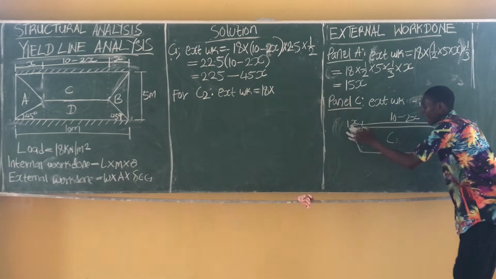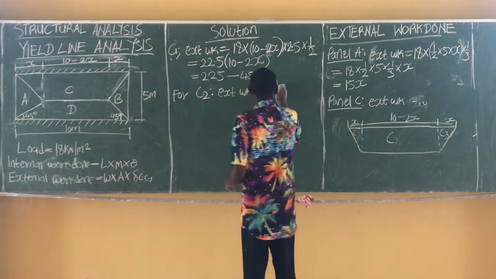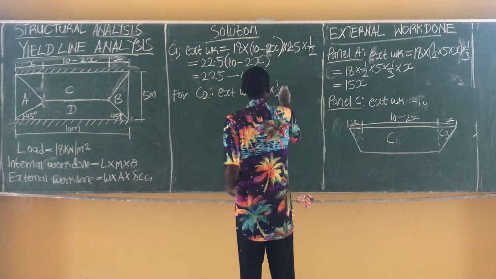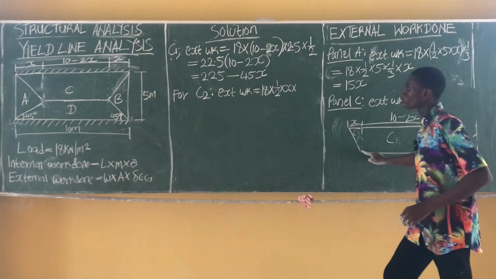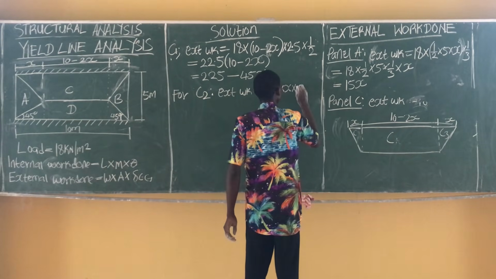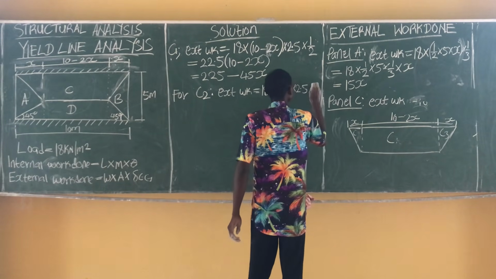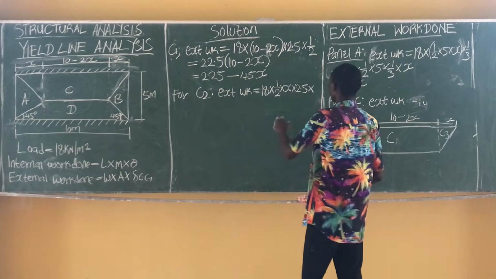Area of a triangle is half base times height. Half of the base, x, times height, which is half of this span, 2.5, times 2.5 times the deflection of the center of gravity, which for a triangle is giving us